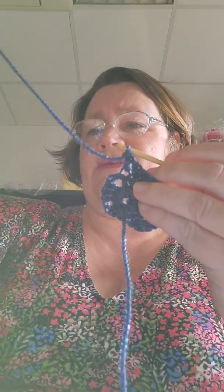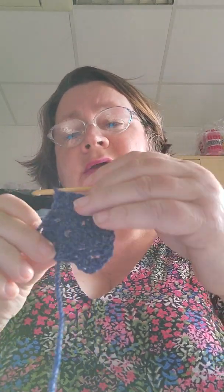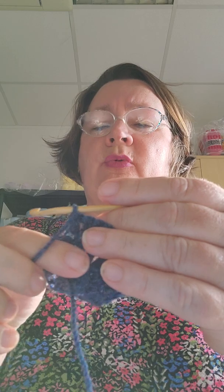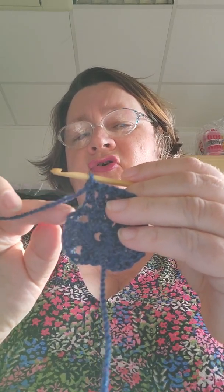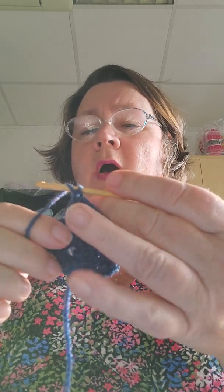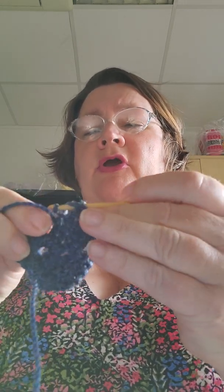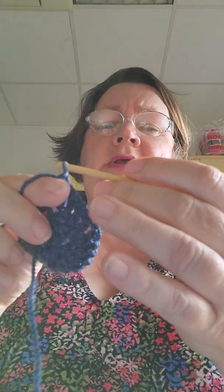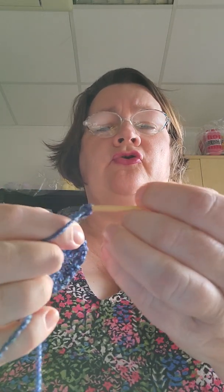Now as you can see, this is growing nicely, and slow and steady wins the race. We don't need to rush, and we don't need to be experts, because we're all learning. So as we can see, we're back into this corner, so we just go into the 1 stitch, pull through as we've been doing all along, pull through, and then we need to chain 2, 1, 2,